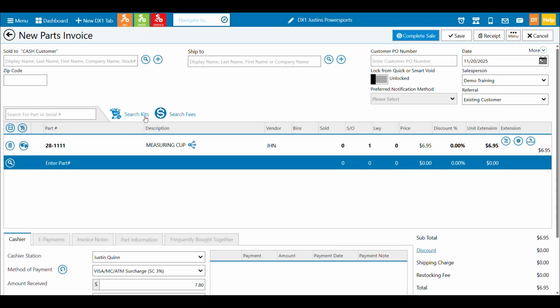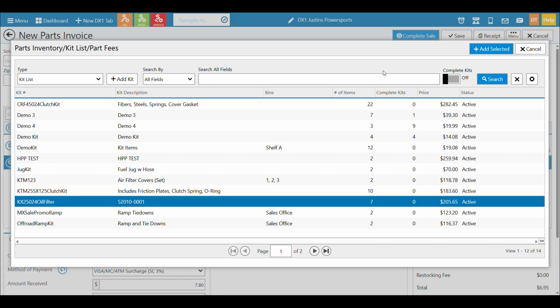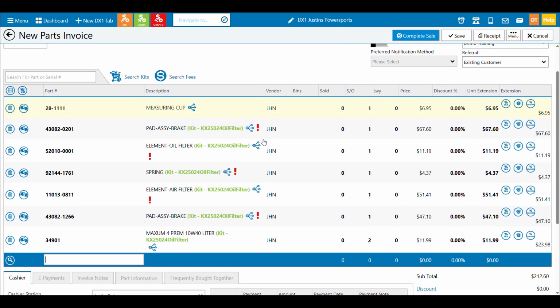We also, on this top area, have the ability to search kits. So we've already had a previous chapter where we talked about how to get kits. We've even covered in that video what the kit process looks like, but quickly I could come in and I can pick a kit and I can add it to an invoice. Kits come in and they're clearly displayed and labeled with green text, so I know that these parts came in as part of the kit. Again, if you'd like to know more about this process, go find the previous chapter where we talked about part kits, where it'll go through a whole process.